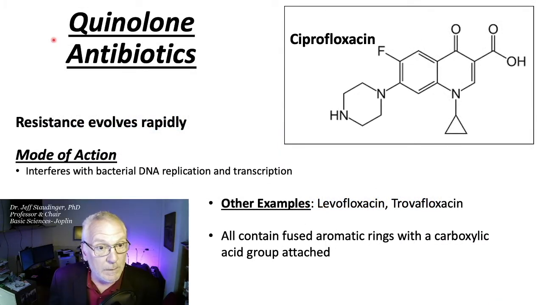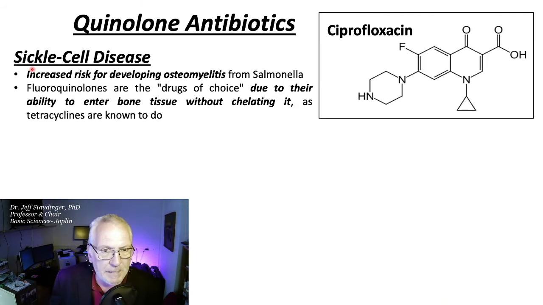With respect to quinolone antibiotics, such as ciprofloxacin, bacterial resistance evolves rapidly to these drugs. Other examples include levofloxacin and trovafloxacin, and they all interfere with bacterial DNA replication and bacterial transcription. For patients with sickle cell disease, quinolone antibiotics are quite useful. They're the drugs of choice due to their ability to enter bone tissue without chelating it, as tetracyclines are known